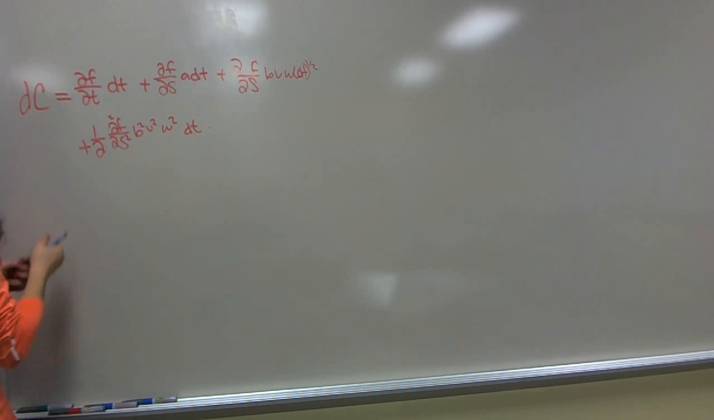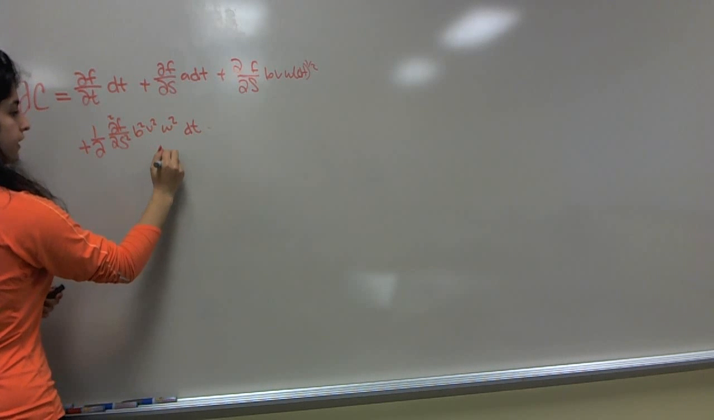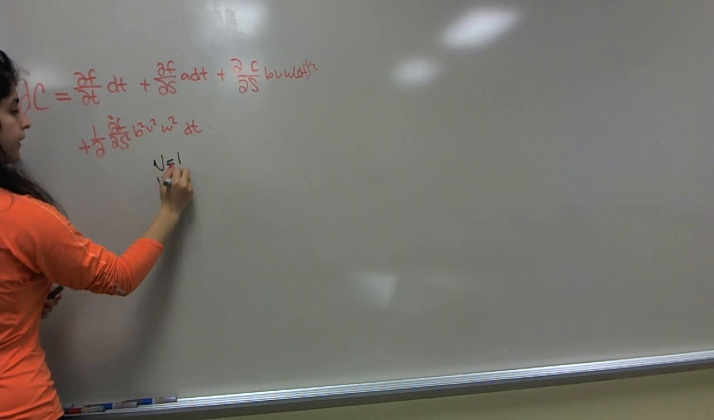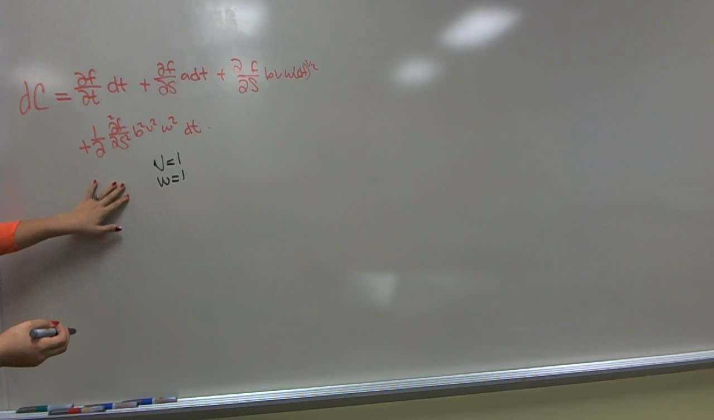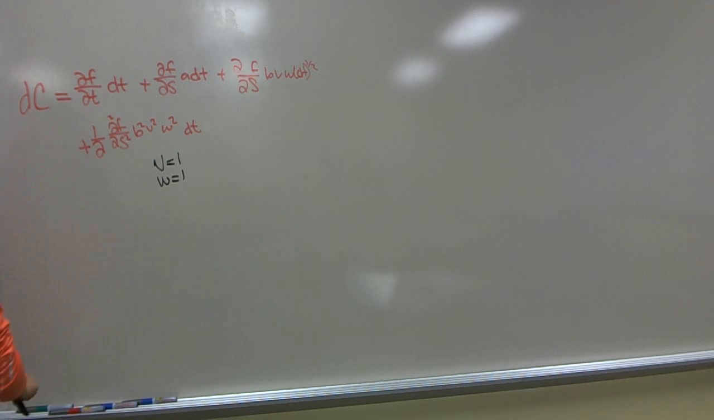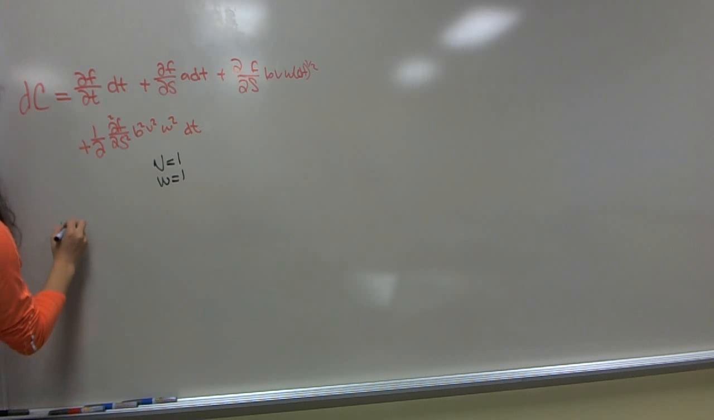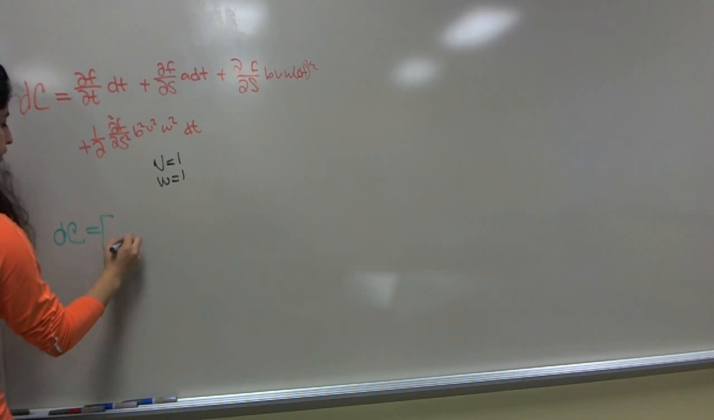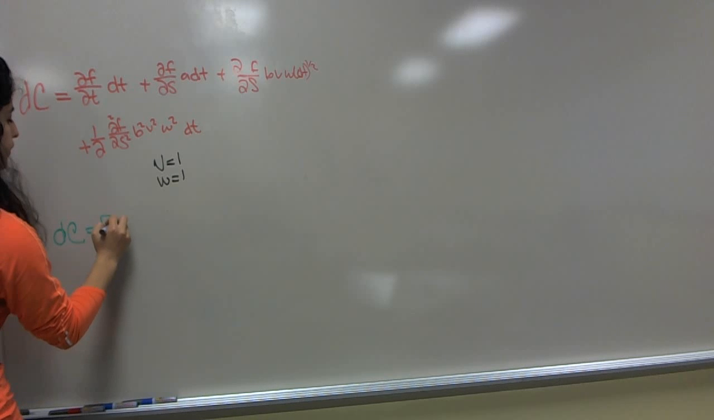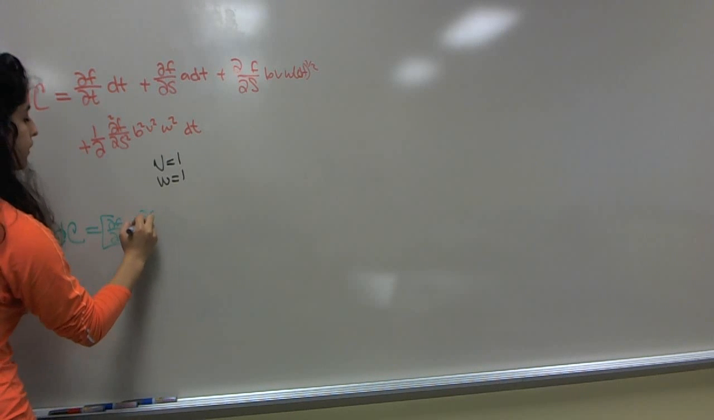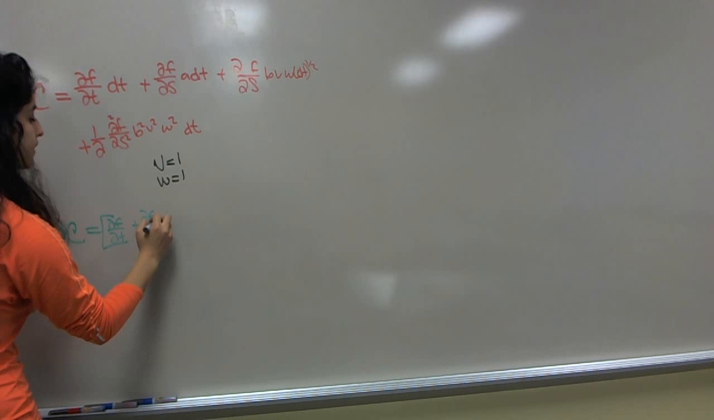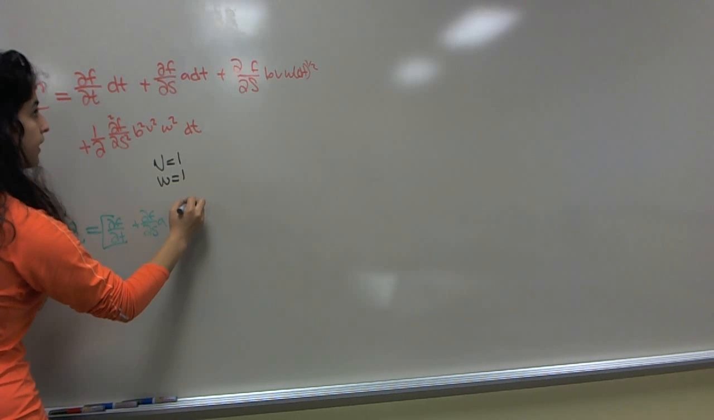Now, by definition, we know that V is equal to 1 and W is equal to 1. Okay, so if we know that, we can rewrite this now as dC is equal to the quantity ∂F/∂T plus ∂F/∂S times A plus ∂F